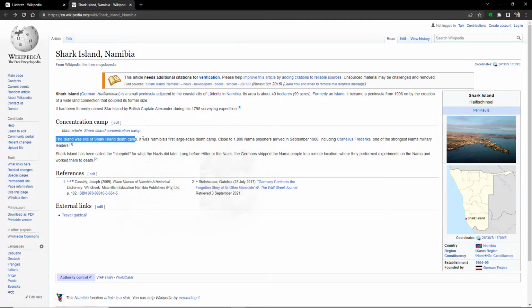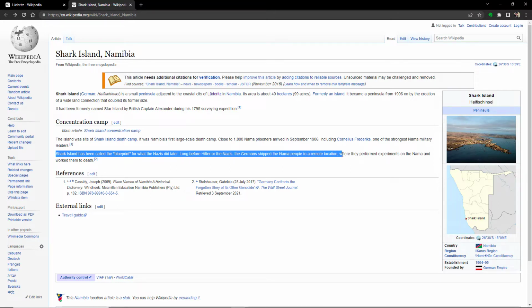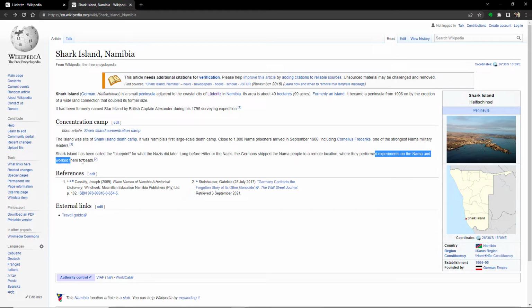It's terrible. It was Namibia's first large-scale death camp. Close to 1,800 prisoners arrived. And according to the all-knowing Wikipedia, assuming this is true or not, Shark Island has been called the blueprint for what the Nazis did later. Just about putting them in a remote location, experiments, and working them to death. So that was